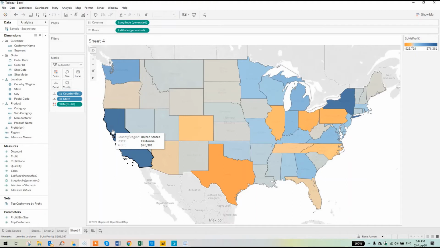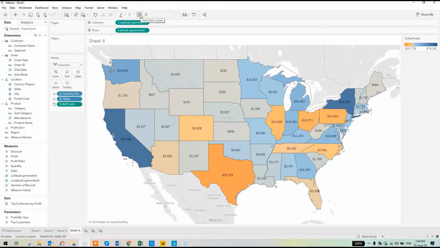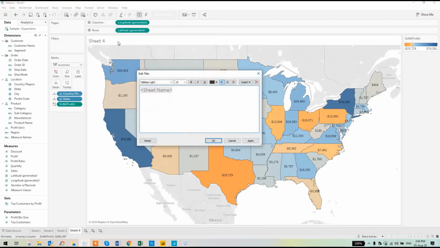It's showing a total profit of $76,381, and if we hover on this Texas, it's showing a loss of minus $25,729. So we'll just click on this one over here, so it should also show the data value or the data labels. So this is how you can create a Tableau map easily. So we'll change it to profit by states.